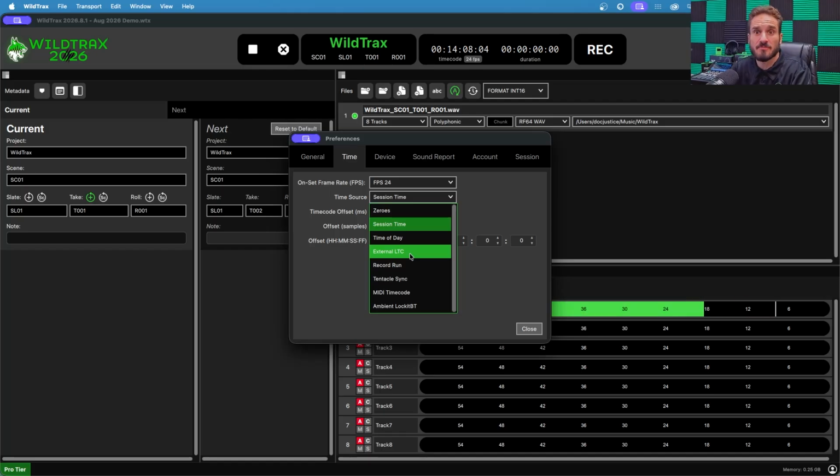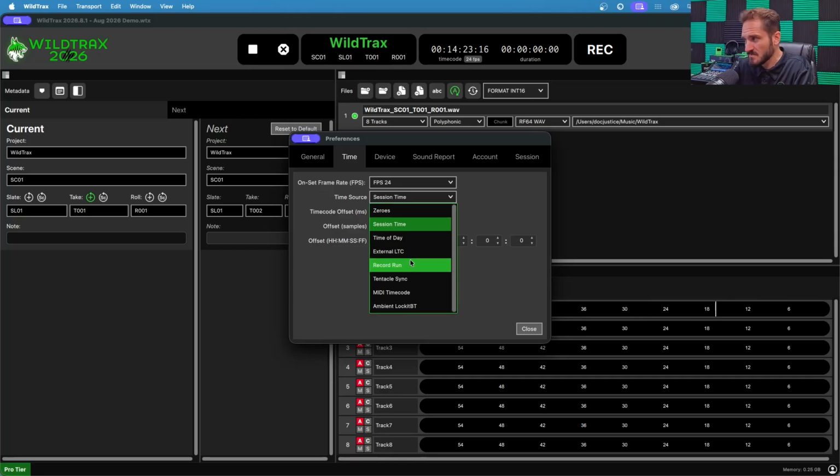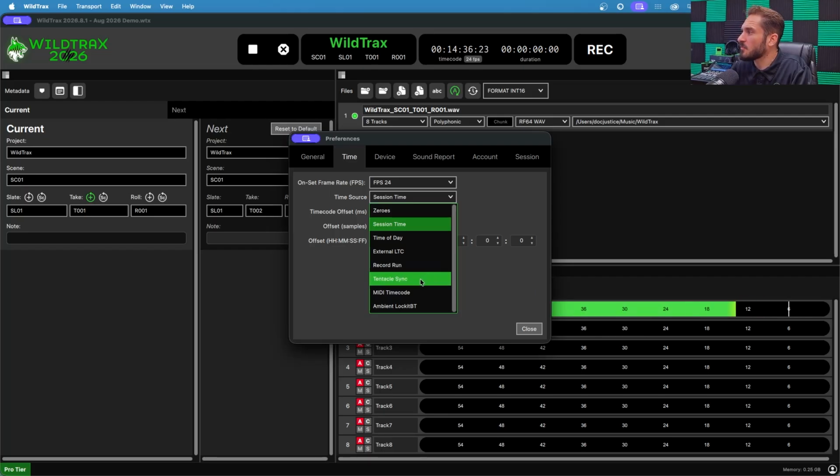So if you have timecode brought into the input of your mixer and coming into WildTrax as an audio channel, WildTrax will decode that audio for you and turn it into timecode that's readable. We also have MIDI timecode available, so you can plug in via USB and get it right over MIDI. Or for the simplest approach, we have compatibility with Tentacle Sync and Ambient